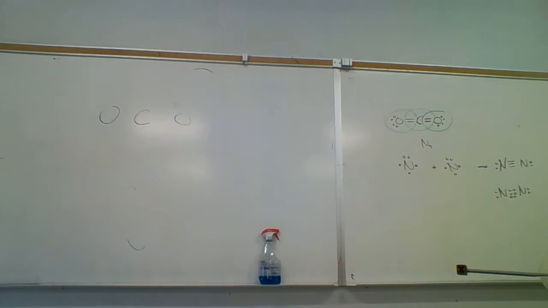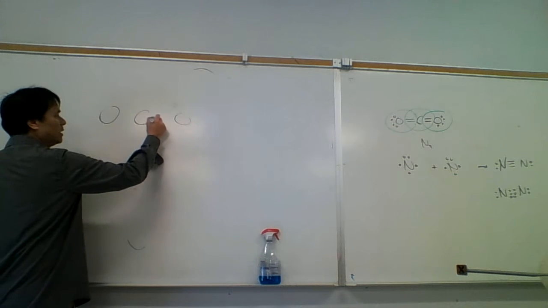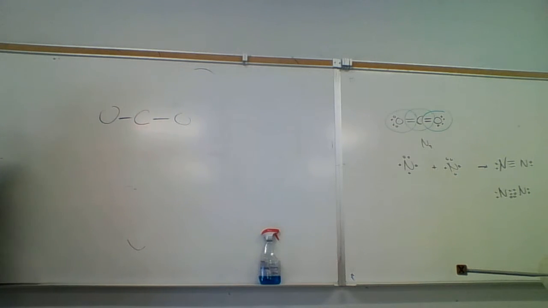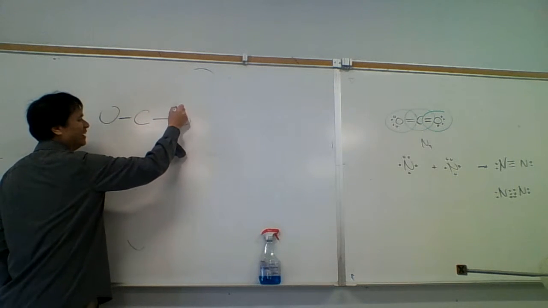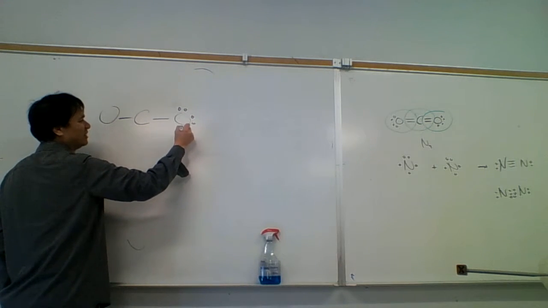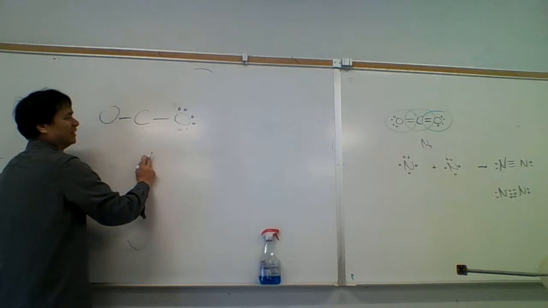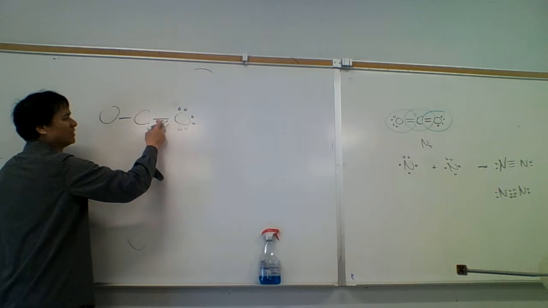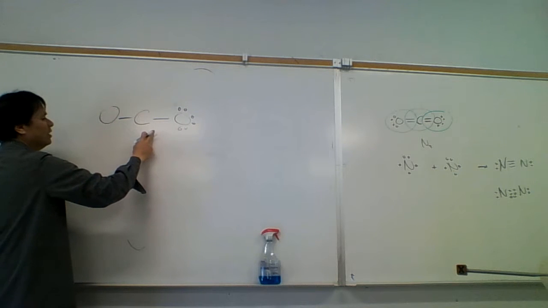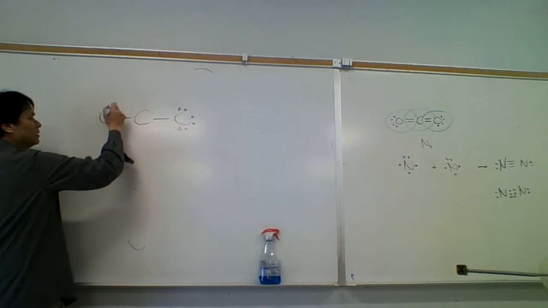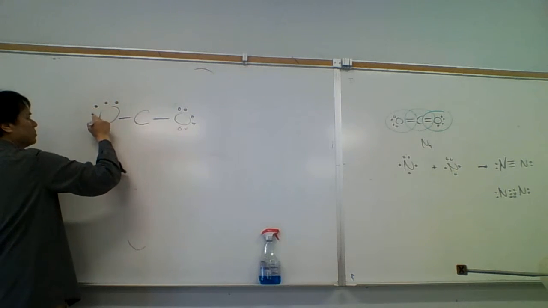Step 3, draw the tentative diagram. Join atoms by single bonds. So single bond is just one line. Add unshared pairs to complete octets around all atoms except hydrogen. And so what we're going to do is we're just going to add lone pairs like this to complete the octet. And so I'll need 3 lone pairs and 1 bonding pair that makes an octet here. We completed the peripheral atoms, these what we call the terminal atoms, or